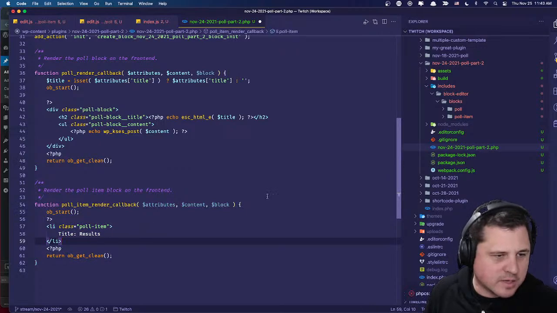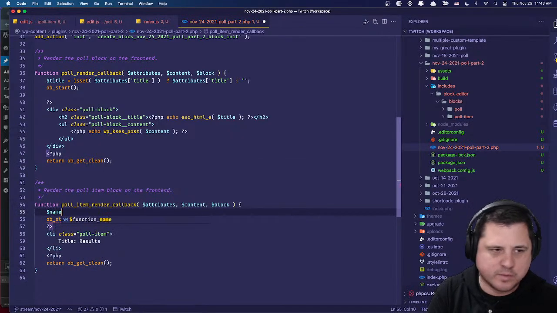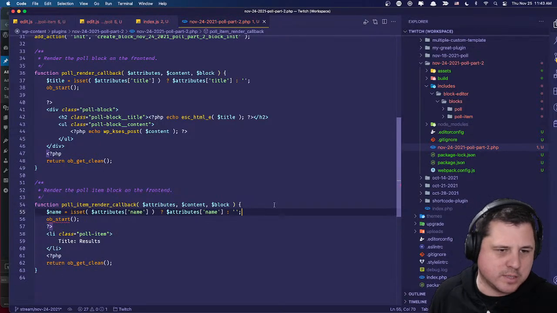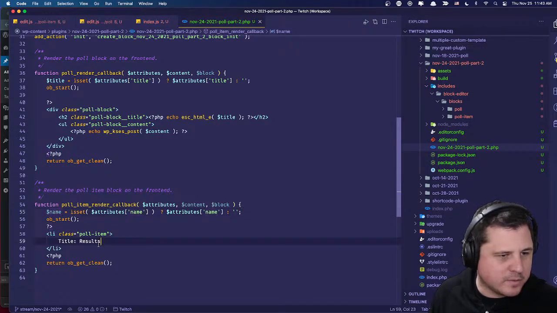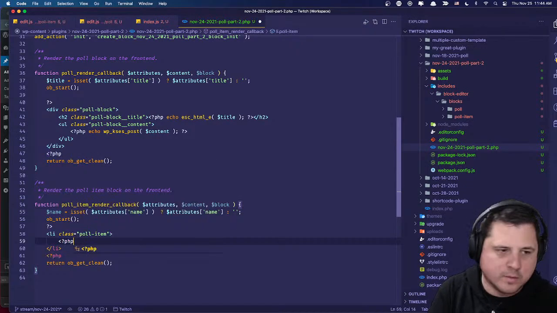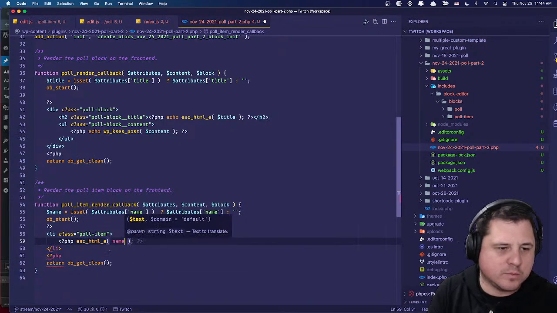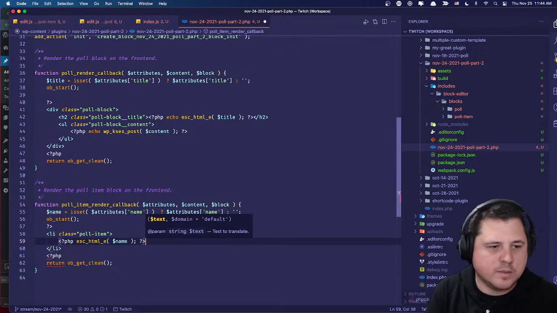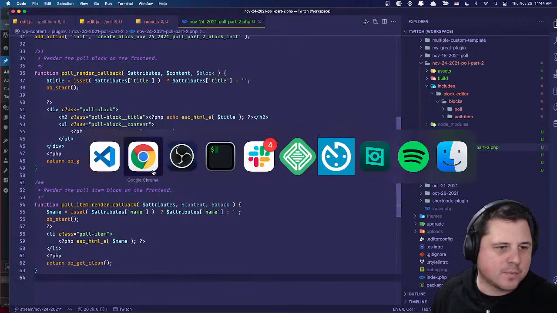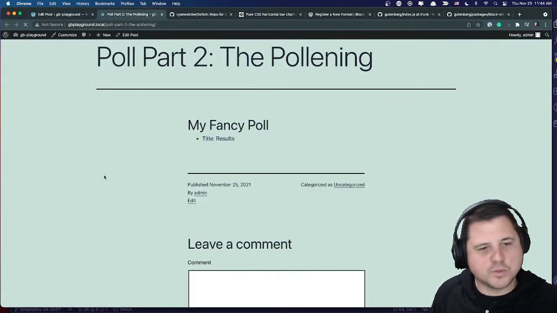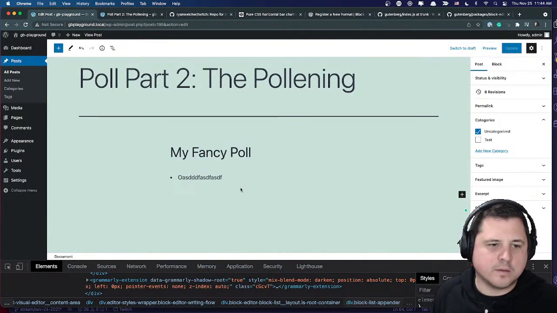So obviously this is not correct. So what we want to do is we want to go name equals is set name. We'll do it that way, and then in here we're going to go esc_html, and then we'll echo out name. So now if we refresh the front end, we should get the name, we do. And then if we add another one,